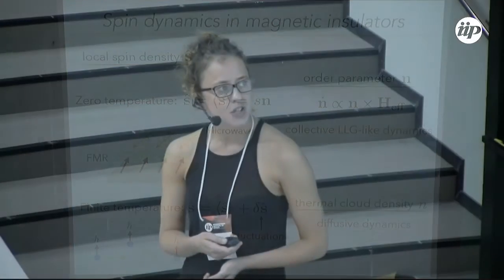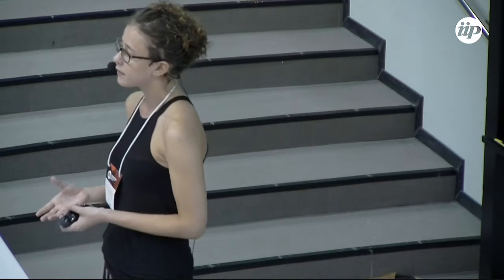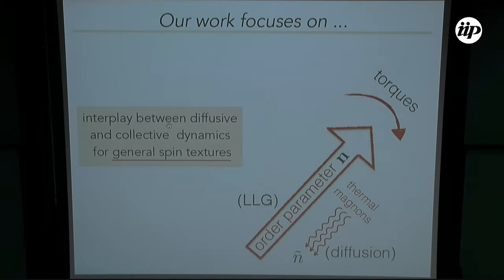But what escaped much attention up to now is the coupled dynamics between these two components of the local spin density. So here is where our work comes into play and what we focus on. We want to understand the interplay between the diffusive and the collective dynamics, and we want to do it for general spin texture. Namely, we want to describe the torques that thermal magnons exert on the coherent order parameter and the back action of the coherent order parameter on the thermal magnons. We tackled this problem